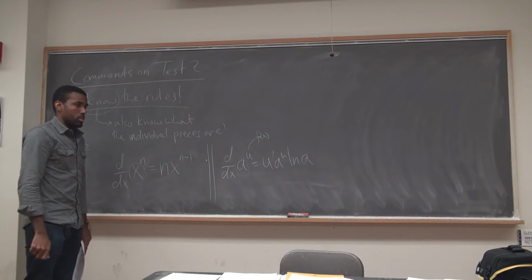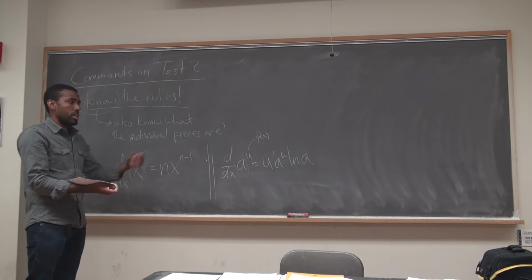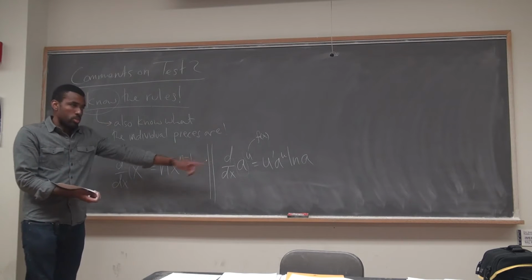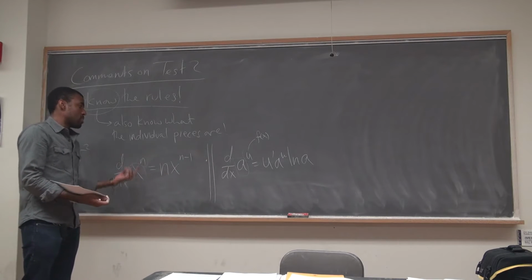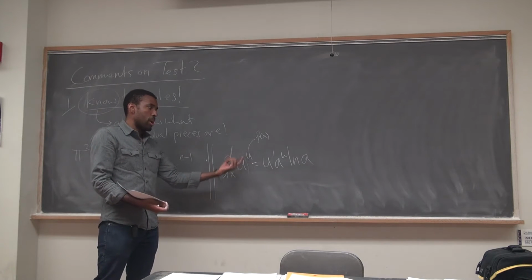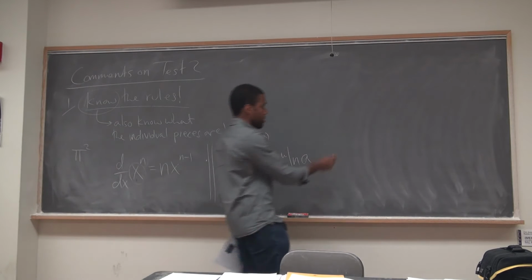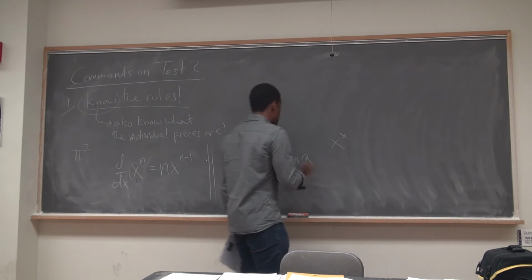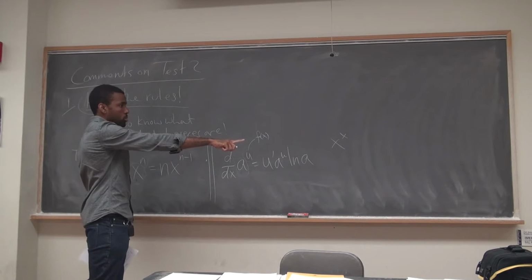Which wasn't right, because I specifically asked for the rule to differentiate an exponential function. That's the rule I was referring to. So knowing that this is a variable and that's a constant, and the opposite, when the base is a variable and the power is a constant, these are two different things. And if both are variables, like an x to the x, neither of these would apply. That was in problem 2, one of them.